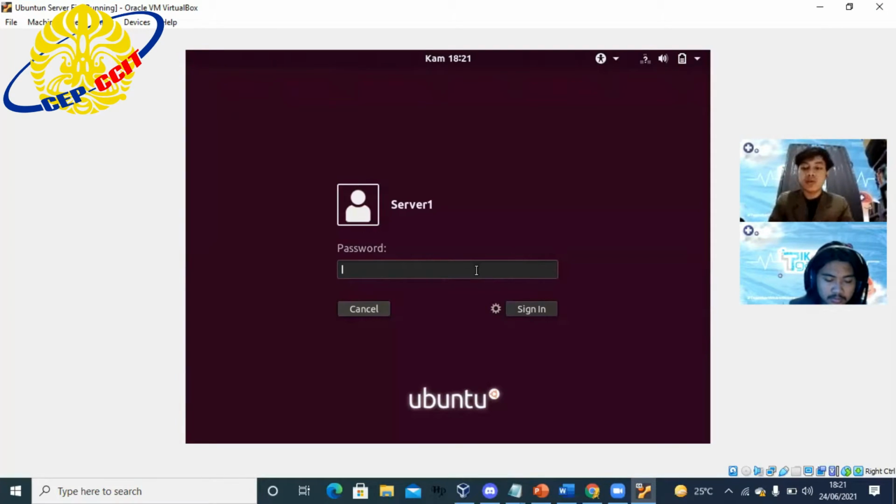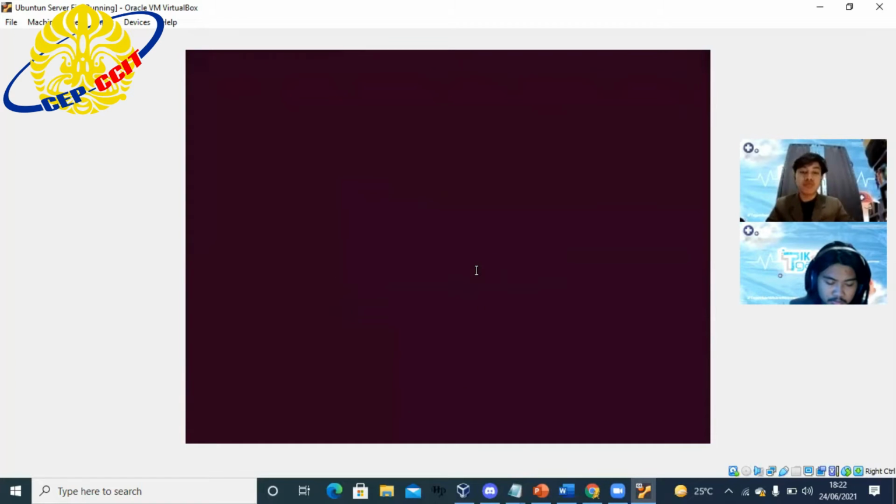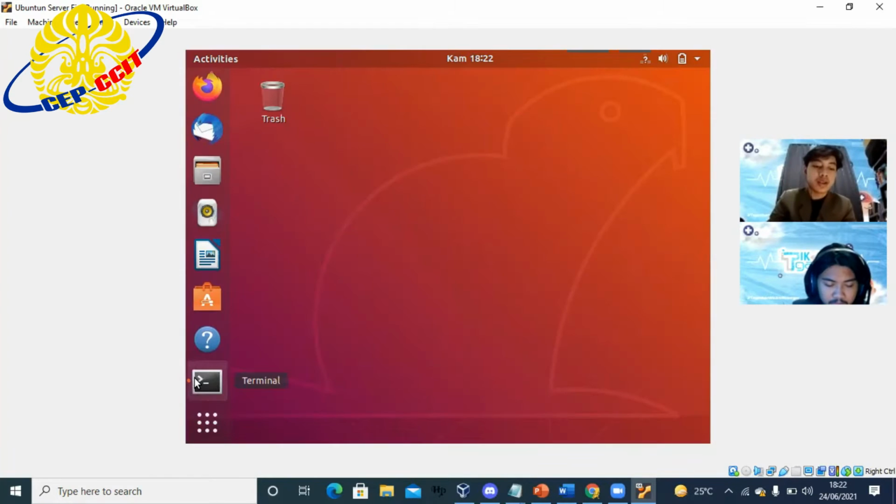I will explain how to install FTP on Ubuntu, but I have already configured and installed it on the server. So I will show you step by step for install and configure. Before we start, let's go to the terminal.